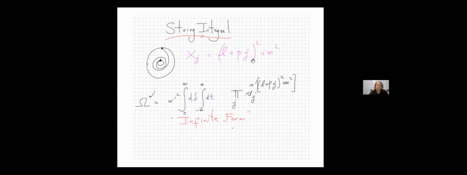Okay, all right, but now we can do the string integral. And what should we do? Remember, all of these xj's are the same propagator. We're just shifting what I mean by the loop momentum. So all these xj's are just L squared plus M squared, where I shift L goes to L plus PJ. So xj is (L plus PJ) squared plus M squared.